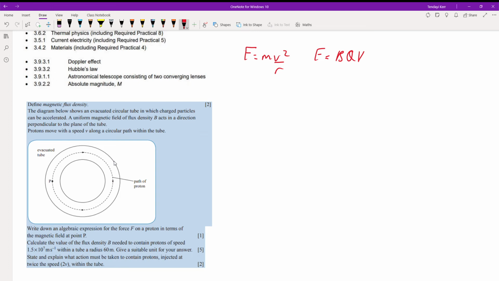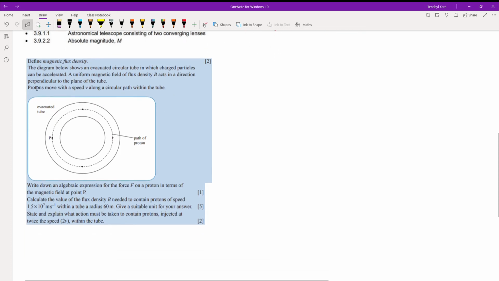So the first part of the question, you can see we've got this evacuated chamber. There's a proton that moves in a circular path. So as I said, we're going to think about these two equations. First part though says to define magnetic flux density. So if you recall how we defined magnetic flux density, we looked at the